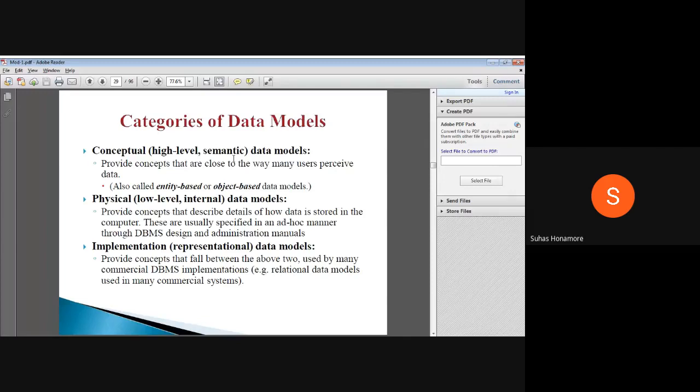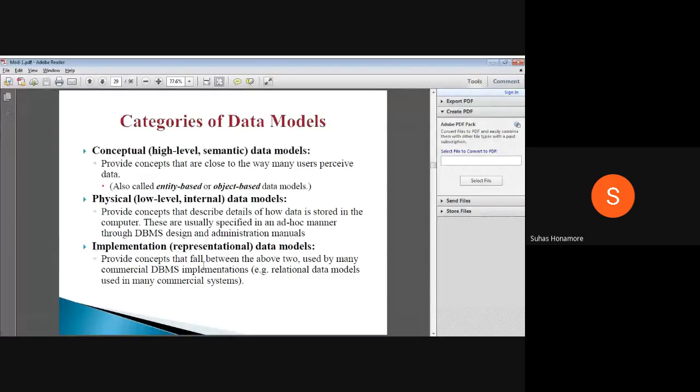But when you keep it physically, a person's name is a character string that you keep inside one array. How the mapping between those two is done is captured by the implementation data model.